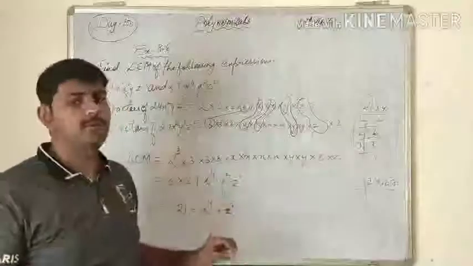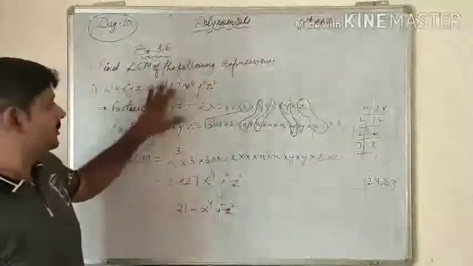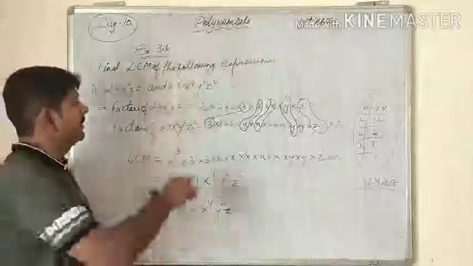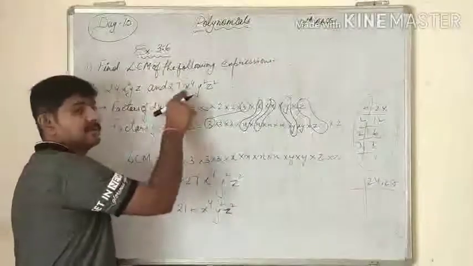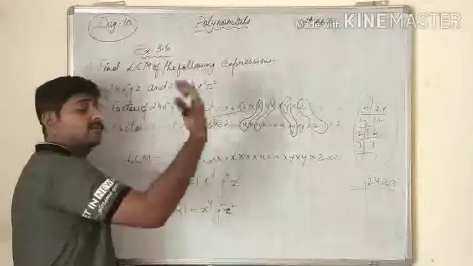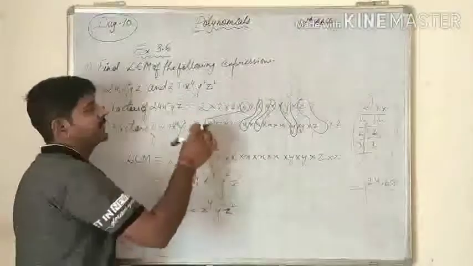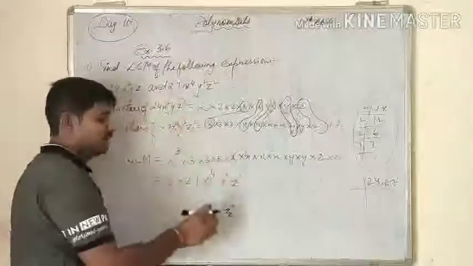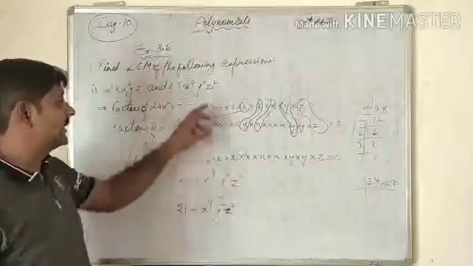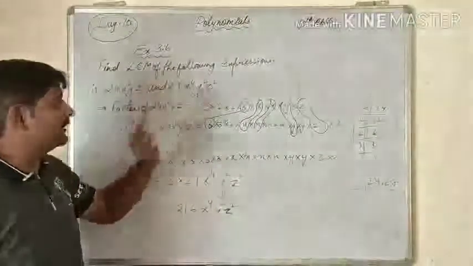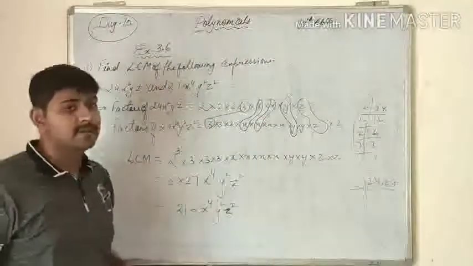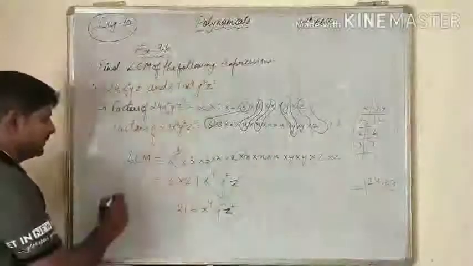Otherwise directly you can assume these two numbers only, we have to find out their LCM, and their x square and x to the 4. So x raised to 4 is greater, so that we will take. Y square, and there is a single y, so y square will be greater, that we will take, and z is also single time, and there will be z square. So highest power is this. So finally, LCM is this.